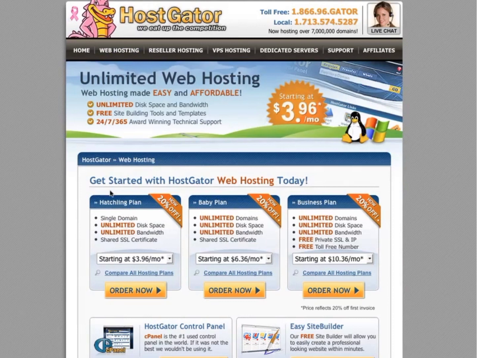The difference is the hatchling plan only allows one single domain name, meaning you can only host one www.yourdomainname.com. As a long-term strategy, you want to register for a plan which allows unlimited domain names, giving you potential to host unlimited domains. The next plan above, the business plan, allows unlimited domain names with the added private IP and SSL certificate. This is more advanced. It's best to stick to the baby plan, which will give you more value for money and all the necessities